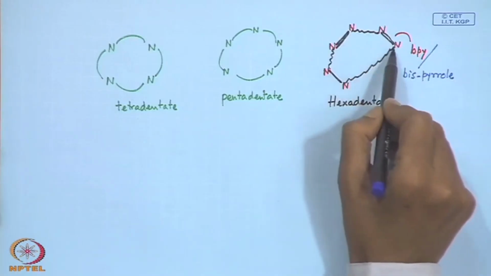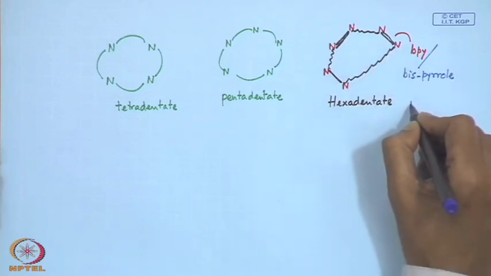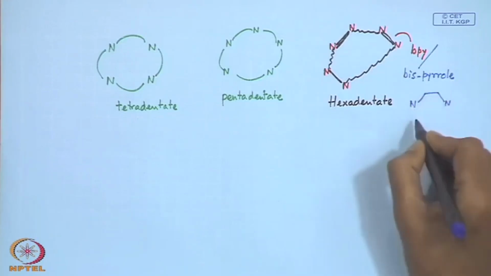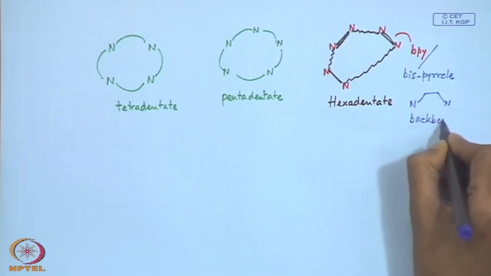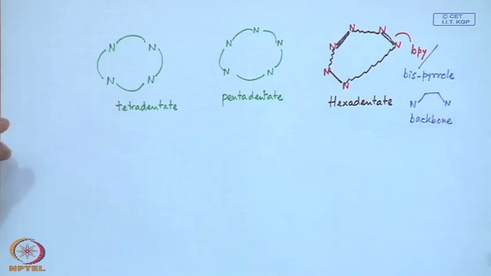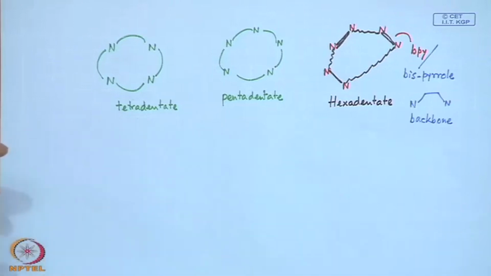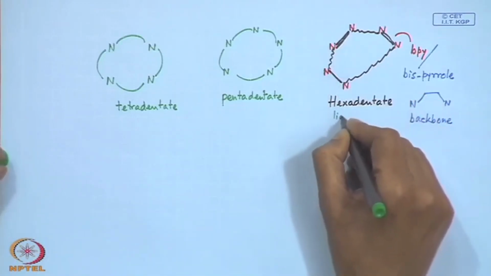The idea is that we have two adjacent nitrogens which are fixed with a nitrogen carbon carbon nitrogen backbone. This is the backbone, and that will give rise to a rigid structure. So we have the hexadentate ligand,